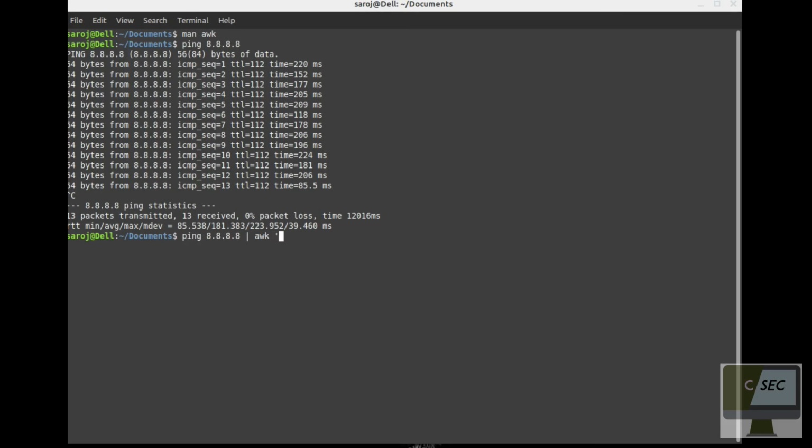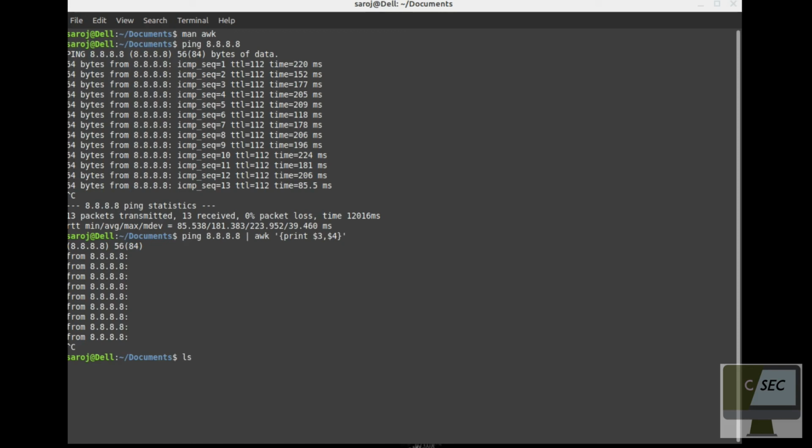Then if I print only column 3 and column 4, it will print out those columns. Now you can see on my screen only those columns present at column 3 and column 4 are printed.